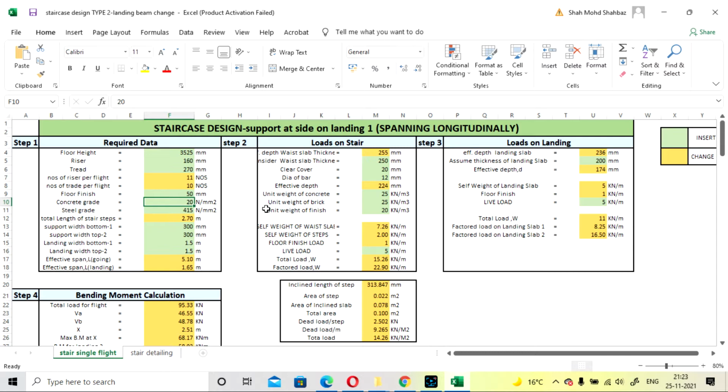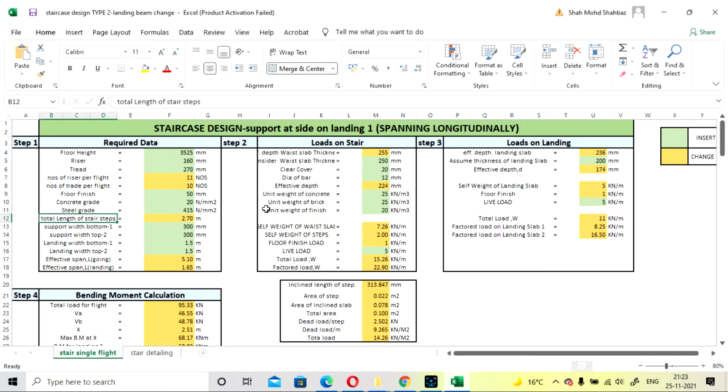If you haven't seen my manual calculation for the type 2 staircase design, I will add the link in the description or at the end of this video. You can go and check it first. I am taking the same data so you can cross check whether it is wrong or right. So the concrete grade is M20, and the steel grade will be Fe415.